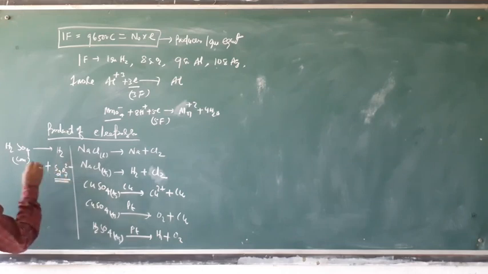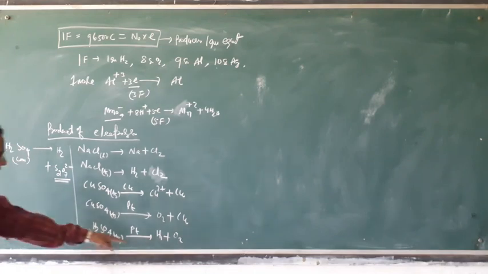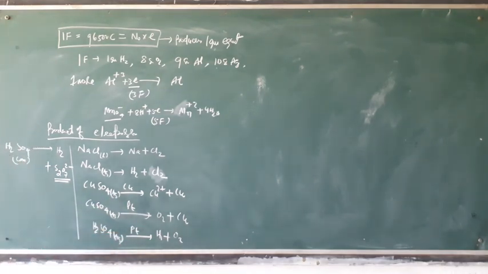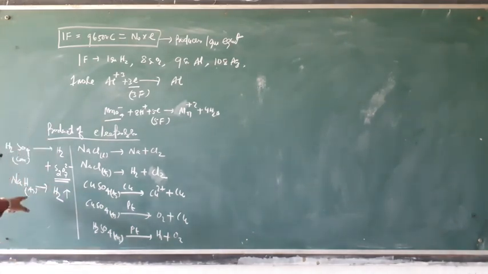In concentrated sulfuric acid, the S2O8 2- ion will be produced. In dilute solution, it is hydrogen gas and oxygen gas, because it depends on the nature of the solution. If you use aqueous sodium hydride, the result is only hydrogen gas. You will not get sodium because it is an aqueous medium. It depends upon reactivity. In an aqueous medium, with sodium present, you always get hydrogen gas.